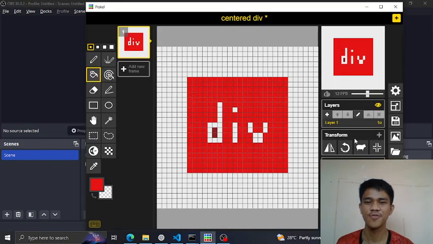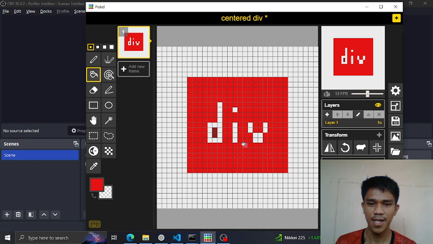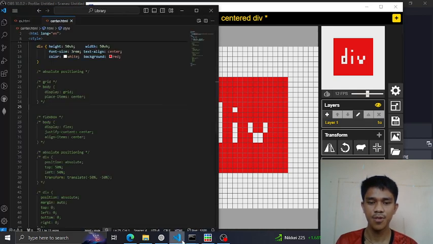Hello. So today we will learn how to center a div. In case you didn't know, a div is an element of HTML, or to put it simply, an element of a website. So this is our visualization, and I prepared a simple code here